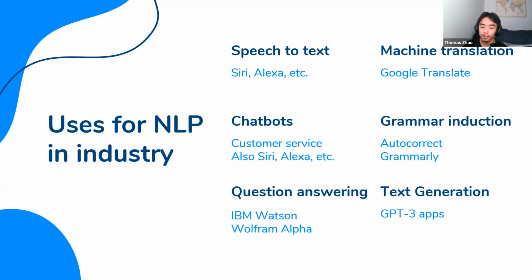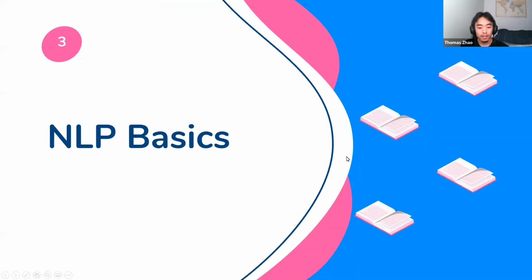There's this new thing called GPT-3 that can produce text. And if anyone's interested, I highly encourage you to Google GPT-3 apps. There's some crazy stuff like you can type, I want this JavaScript code about making this sort of button, and GPT-3 will just automatically generate that code. And it's basically translating your English into code. So it's kind of a form of translation as well. So let's get into the basics of NLP so that you can start building your own apps.